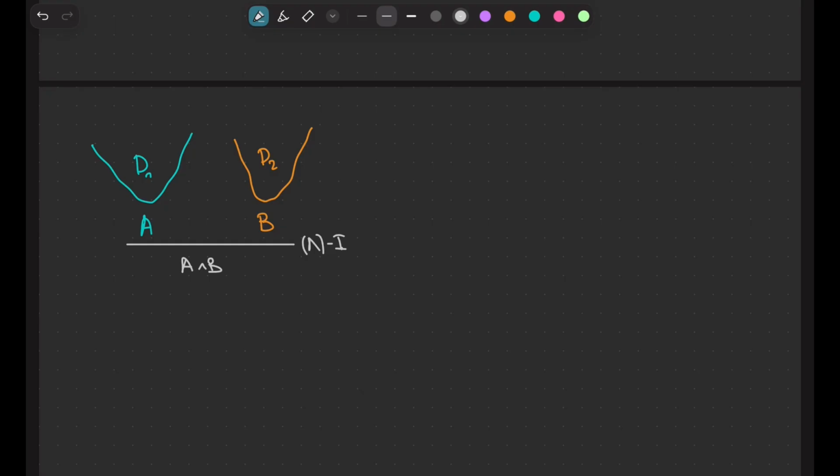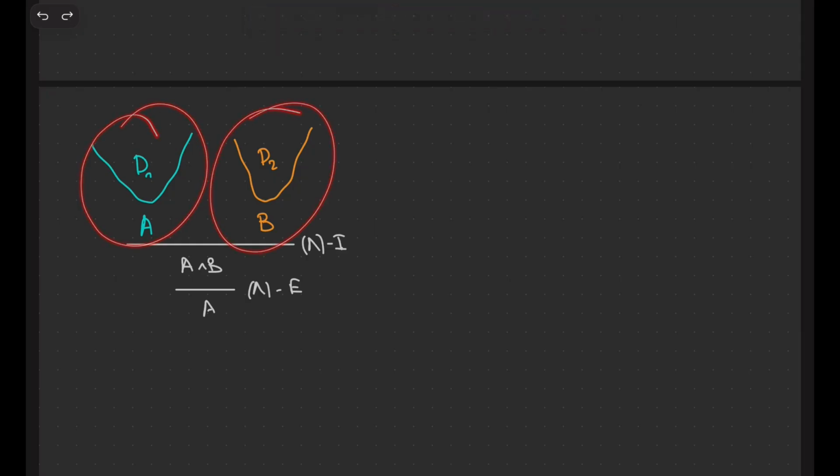And what will I do now? I will extract, let's say, the left part to get A. And this is a valid proof of A, supposing that this is a valid proof of A and this is a valid proof of B. And in a sense, I would like to say that this tree here is not fully computed.